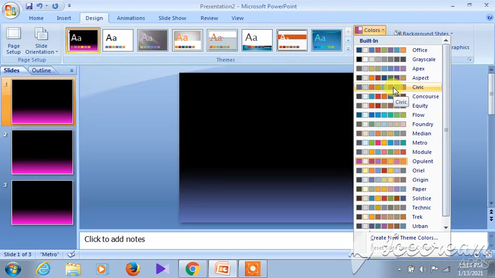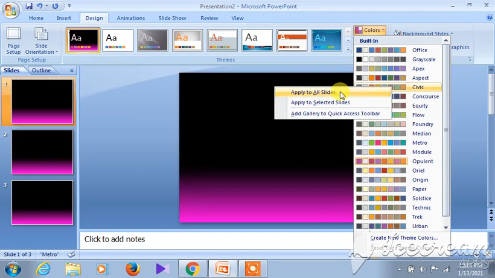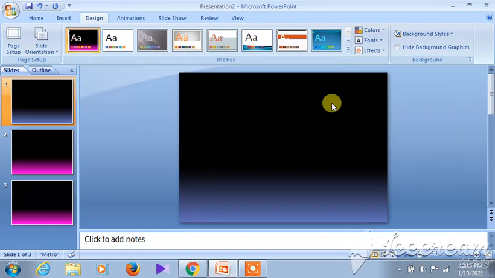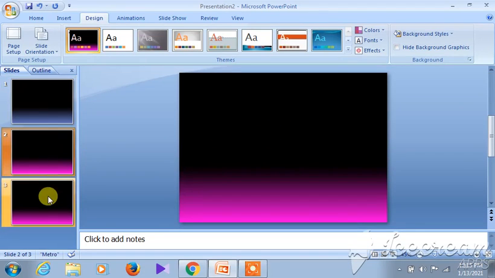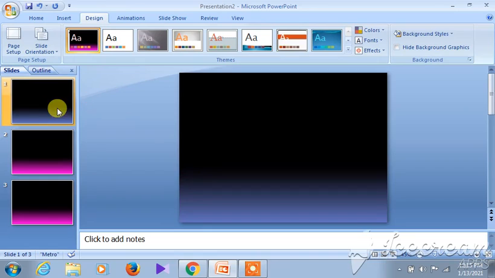Right click gives Apply to All Slides, Apply to Selected Slides, or Add Gallery to Quick Access Toolbar, whatever you want. Now, I want to apply this only to the selected slides, so I will click it over here. That has been changed, and you see the other two remain similar. So, you can apply the particular theme onto a particular slide, or all the slides.